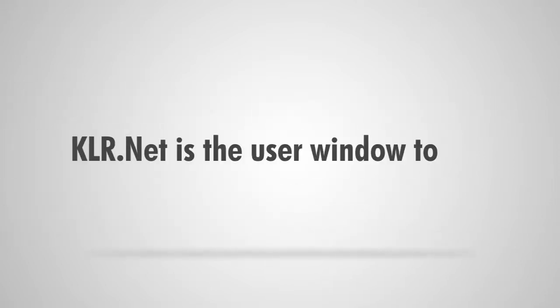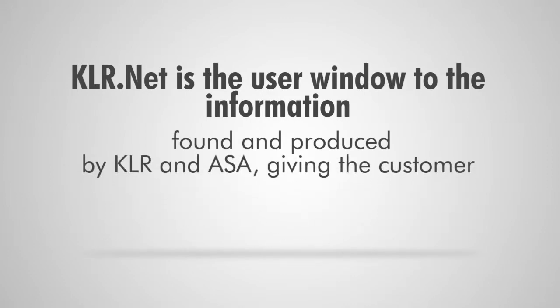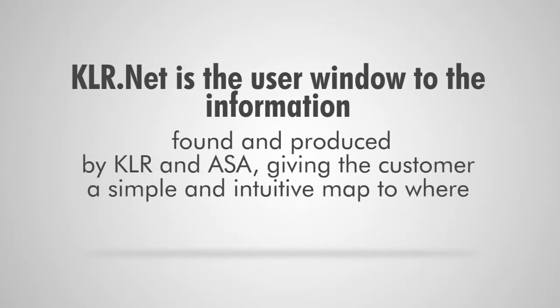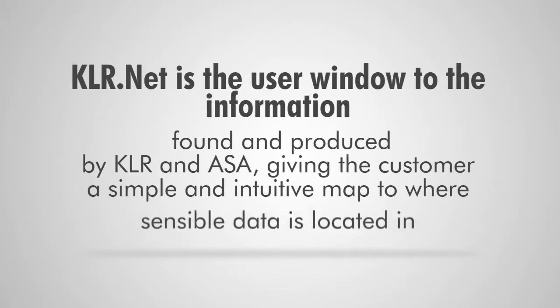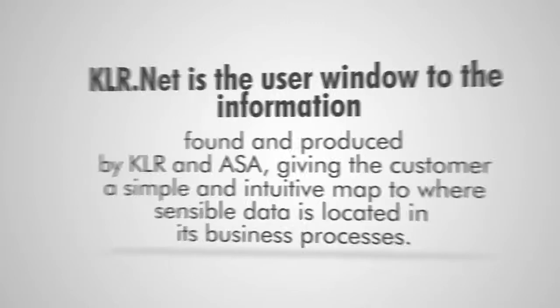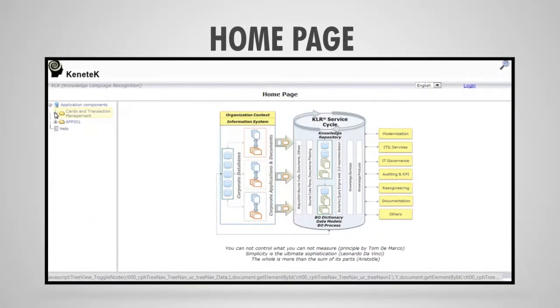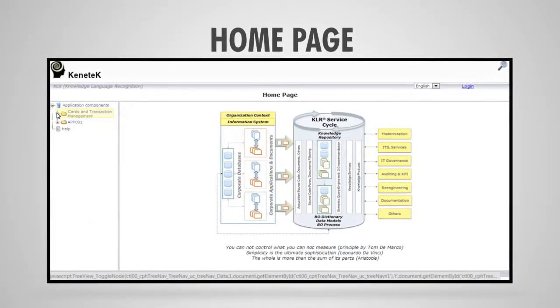KLR.net is the user window to the information found and produced by KLR and ASA, giving the customer a simple and intuitive map to where sensitive data is located in its business processes. After logging in, the user is greeted by the platform's homepage and the navigation tree on the left from where